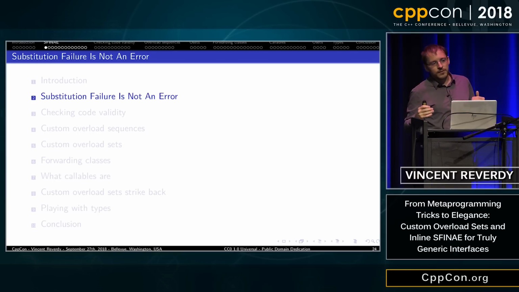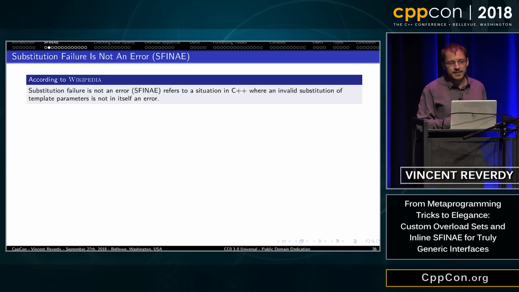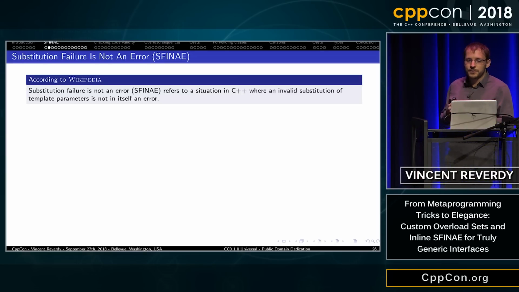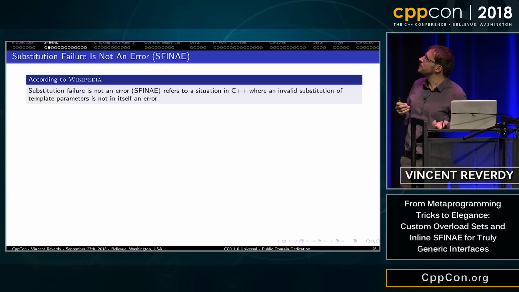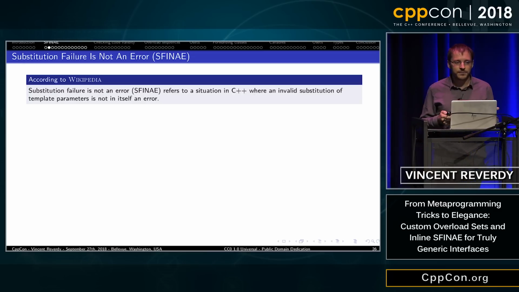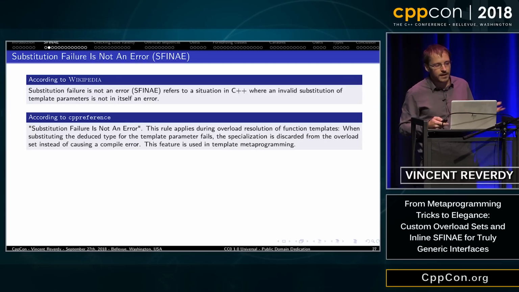So it all begins with substitution failure is not an error, SFINAE. I guess most of you know what SFINAE is, but just in case: substitution failure is not an error refers to a situation in C++ where an invalid substitution of template parameters is not in itself an error.